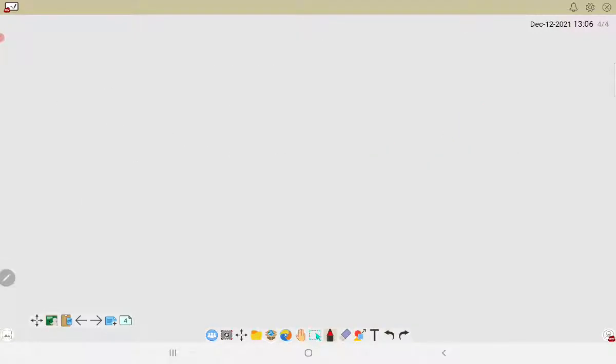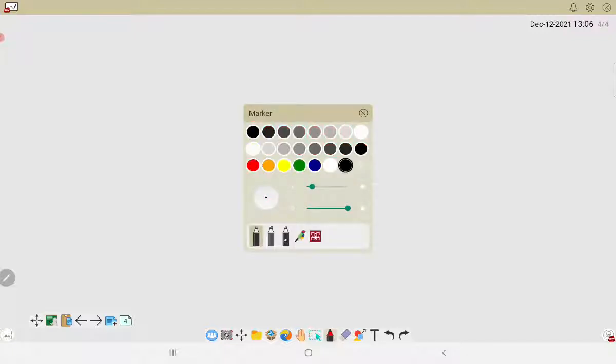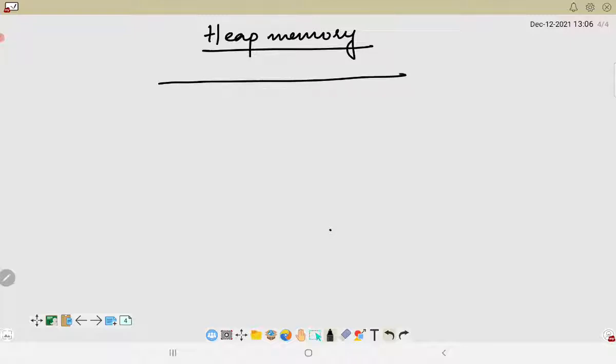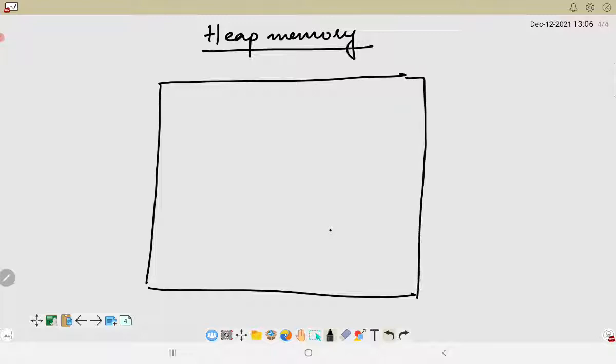Now let us consider the heap memory, then the picture would be much clearer. Inside the heap memory, the Test object would be created here.